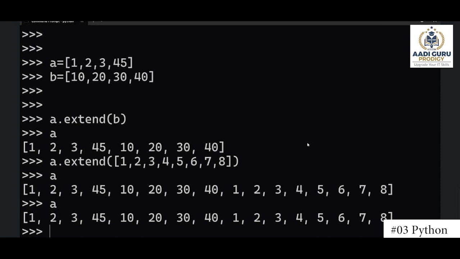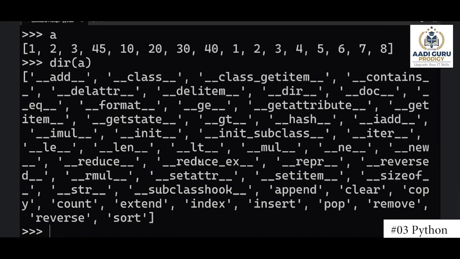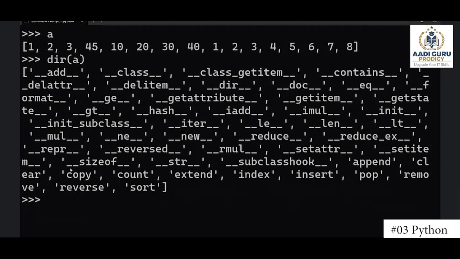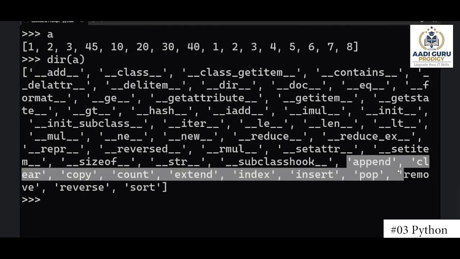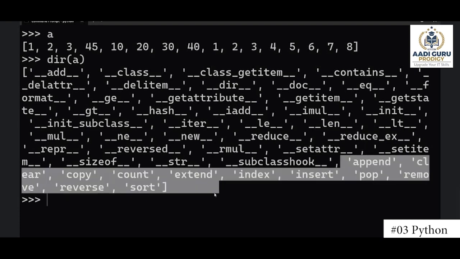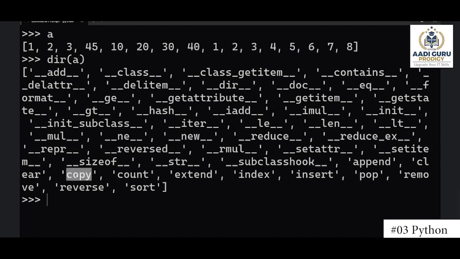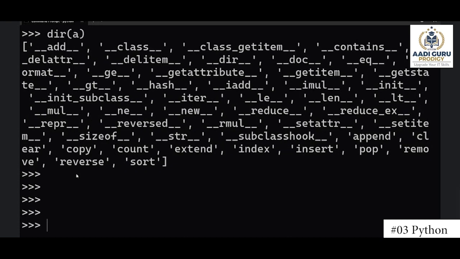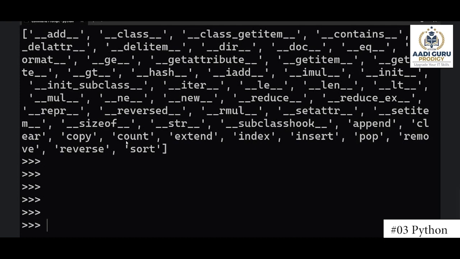Okay, so now we have covered almost all the methods apart from only one method that we are ending with, this copy. Apart from this, we have covered everything, right? Append is done, clear is done, count is done, extend is done, insert is done, index is done, pop is done, remove is done, reverse is done, sort is done. All operations we have discussed. We are pending with only one, that is copy. Okay, so we'll discuss that a bit later. So now,